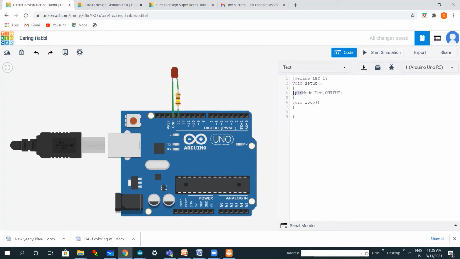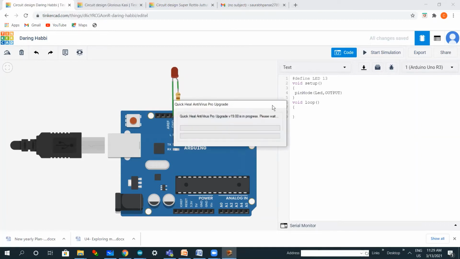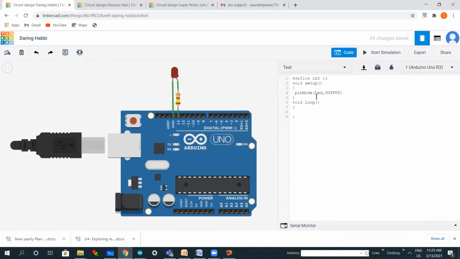So you can actually divide this word pinMode into different parts. The first part being pin and the second part being mode. Pin stands for what pin we have used of the Arduino. In this case we have used pin number 13 that we have defined here. So the pin is pin number 13 and the name for it is LED, and I have given here LED. Then after a comma the second part starts. The second part is mode. So what is the mode of this pin? It's output mode, as LED is an output device. So I have written here OUTPUT.